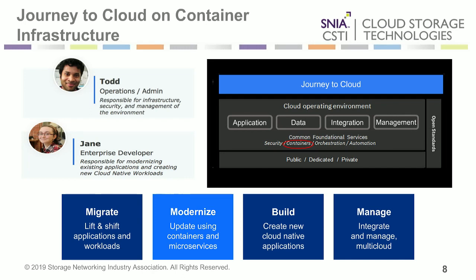And the other person is Jane, who is the developer. So the DevOps type model, very rapid evolution of applications. Jane wants to leverage the services of the cloud, deploy my application, get the compute, network and storage provided so that I can deploy my app, operate it, manage it, evolve it, those kinds of things. So from the storage perspective, we have to fit our storage into this container Kubernetes environment. We need to provide automation and the services type operating model that's required in this cloud environment.